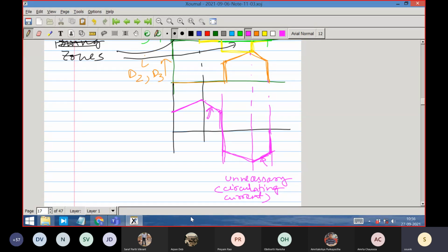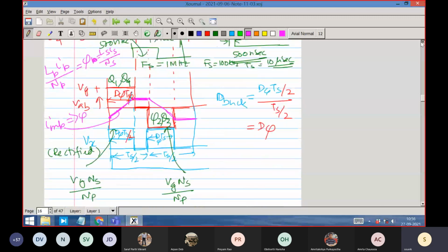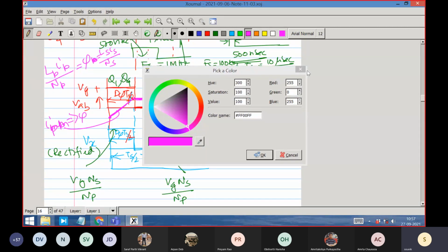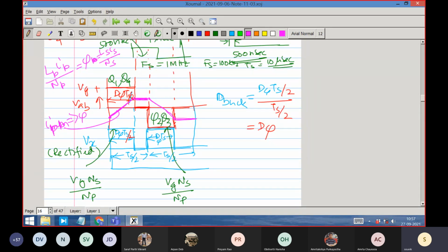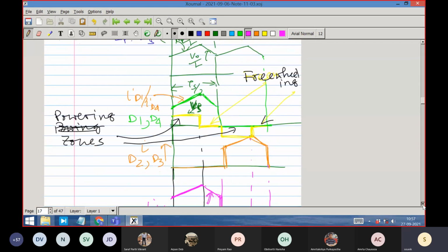We accept that conduction loss when the current is transferring power. So this current is not unnecessary, because this time it is transferring power. This is the current IP load, only the load component of the current. Apart from that, the magnetizing current that I have drawn already comes. That was IP magnetizing. Let me write it first P, then M: IPM, primary magnetizing, and this one I define as IP load.